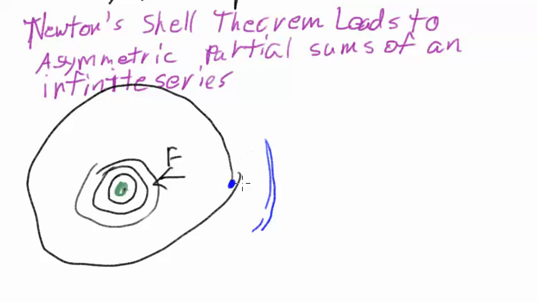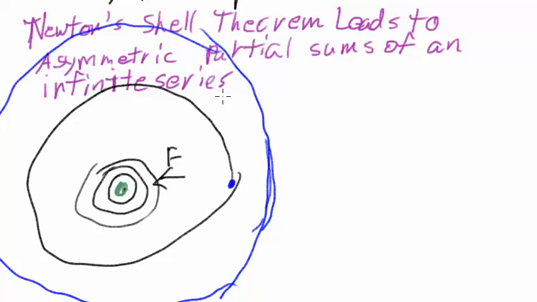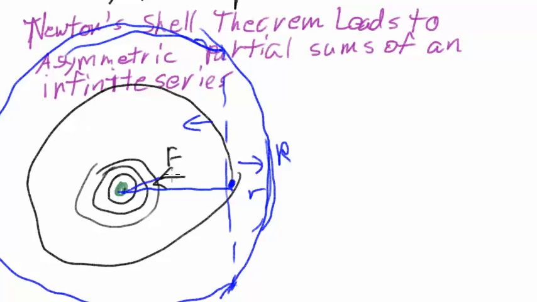But then, after that, the next shell around it, I drew this too big to get it all on the map, but I'll just kind of draw it like that. Well, the mass of the shell pulls to the right, but the mass over here pulls to the left. And it just happens that the symmetry of this is interesting, and it involves an integral. If I make the big radius R and this radius little r, and from here, little r and R,